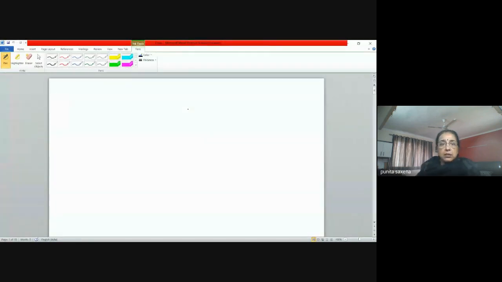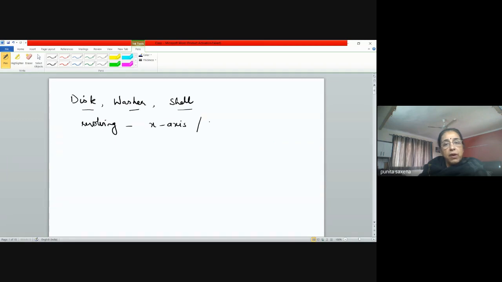Now, in the last class, we had discussed finding volumes using three methods, basically. We had used the disk method, the washer method, and the shell method. But for all three, we obtained the volumes of the solids obtained by revolving the curve either about the x-axis or about the y-axis. So our standard axes of rotation were the coordinate axes, right?